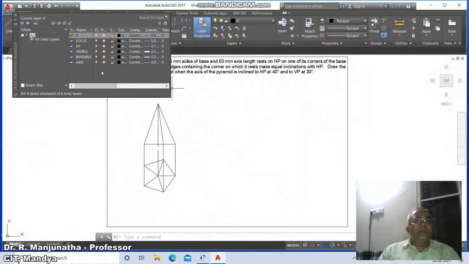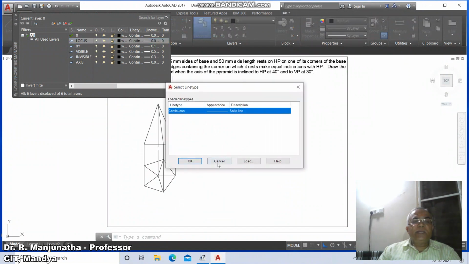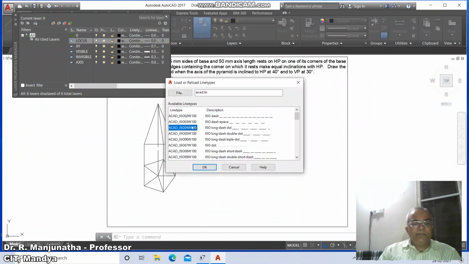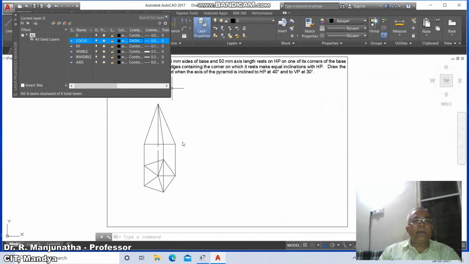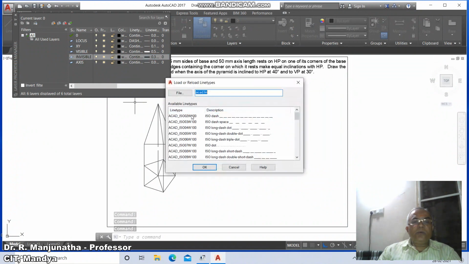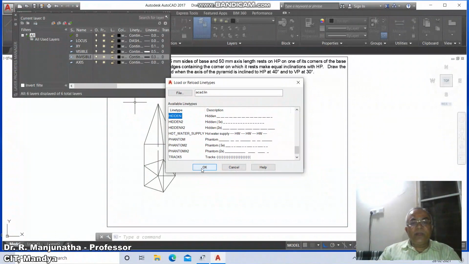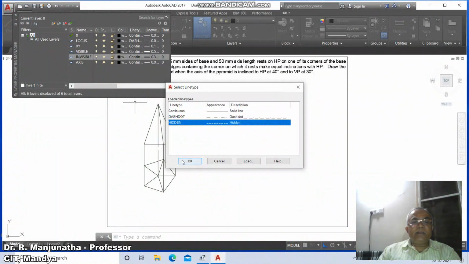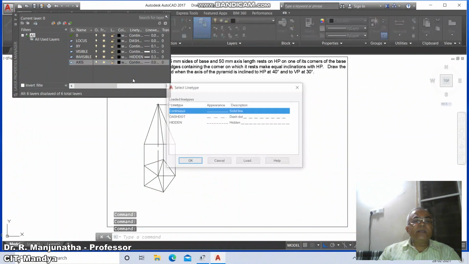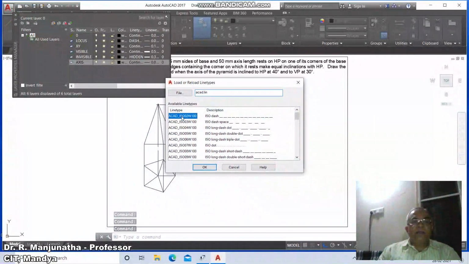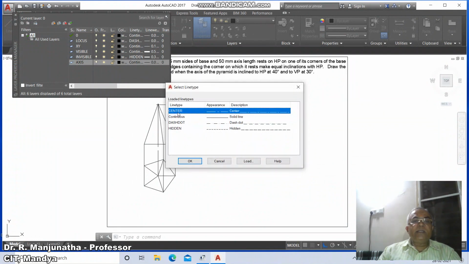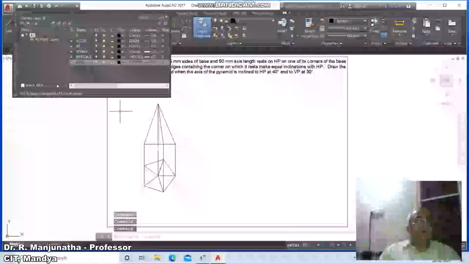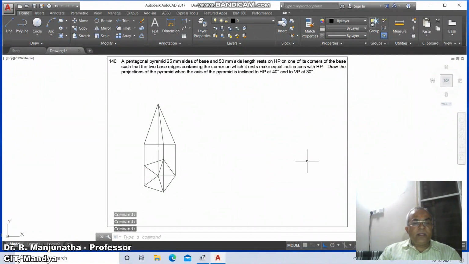Then once you do that, go to locus, continuous, go to load, type D, dash dot, and select this dash dot and say OK. Then go to XY visible, go to invisible, go to load, type H, hidden and say OK. Take hidden and say OK. Then go to axis, go to load, take the cursor here and type C, center and say OK, and take the center line type and say OK. Once you do that, then close the layer command.